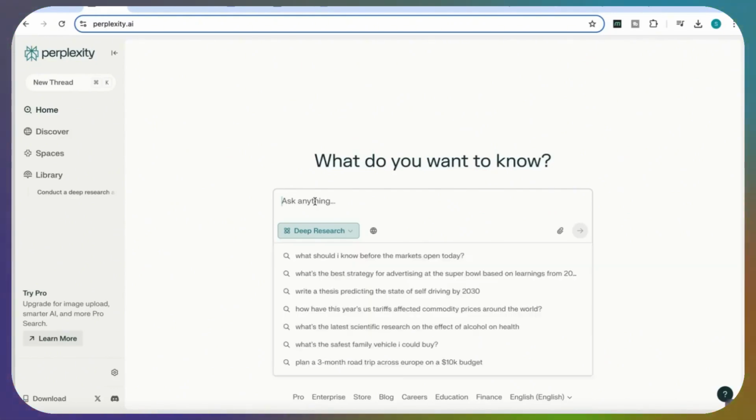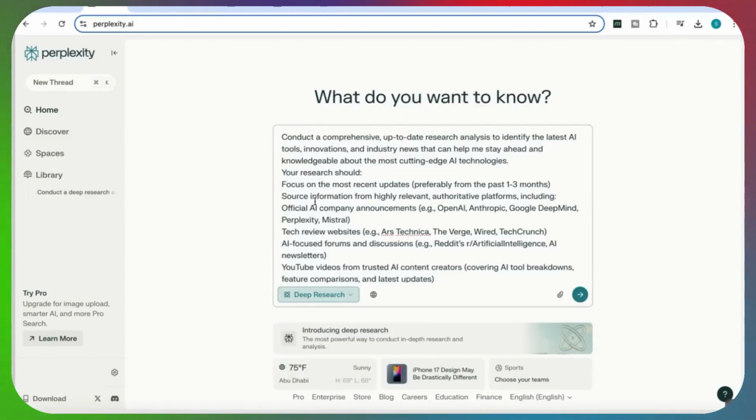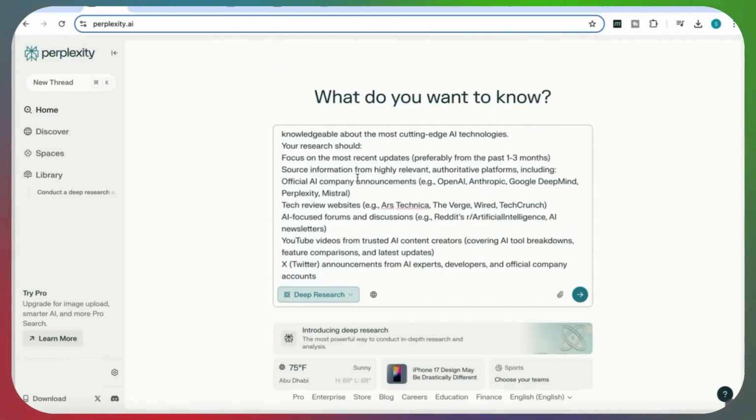So I'm always looking out for the latest AI news and latest trends. So I've added here a prompt that says conduct a comprehensive, up-to-date research analysis to identify the latest AI tools, innovations, and industry news that can help me stay ahead about the most cutting-edge AI technologies. Your research should focus on the most recent updates, preferably from the past 1 to 3 months. So I want it to be relevant, so I don't want it to be getting the information from like a year ago. Source information from highly relevant platforms, including official AI company announcements such as OpenAI, Anthropic, Google DeepMind, Perplexity,